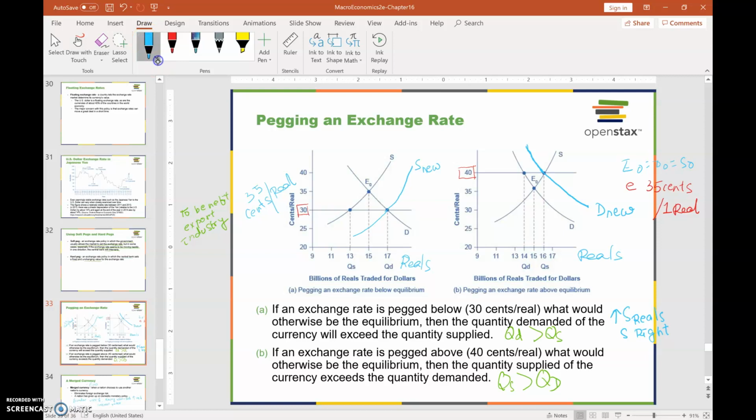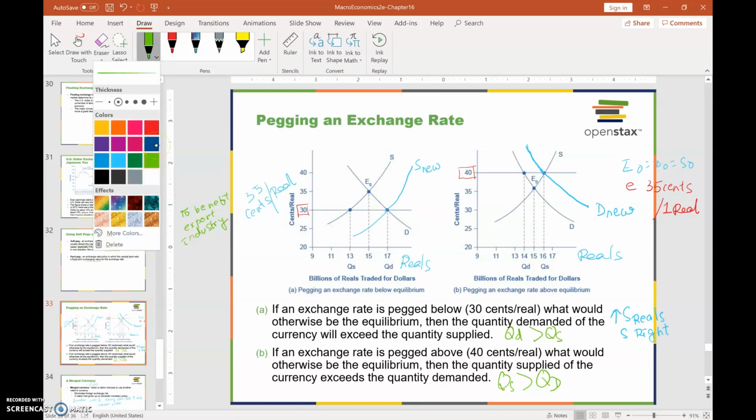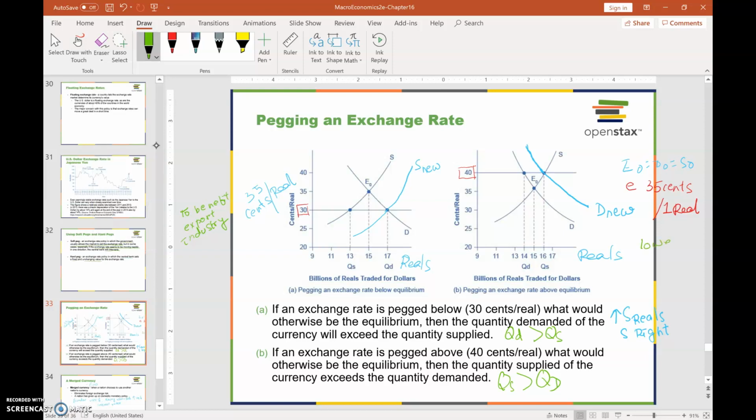The reasons for this is they might want to have a lower exchange rate to boost the export industry, and over here they want to have a higher exchange rate because they want to lower aggregate demand to fight